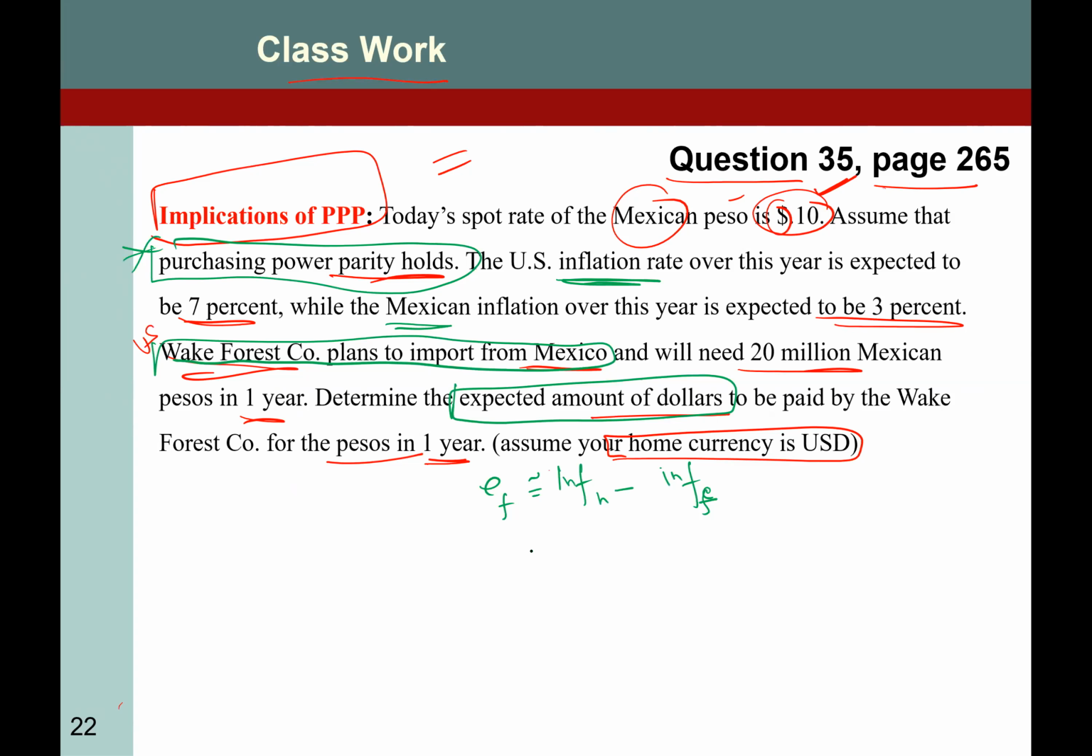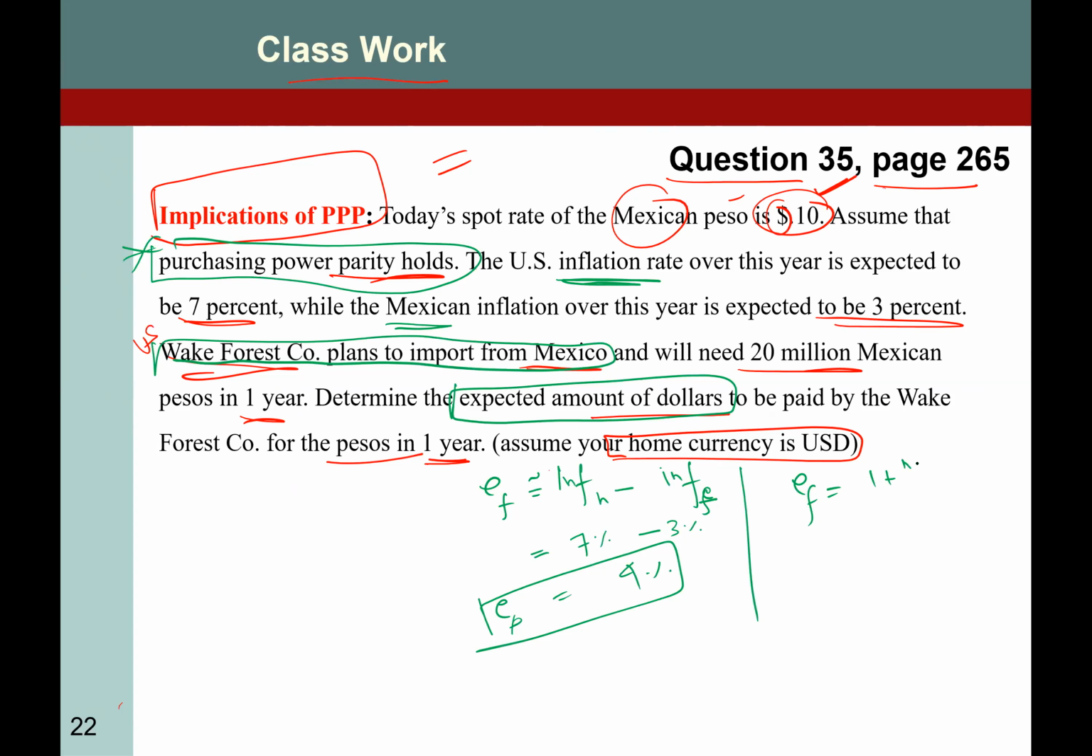So the foreign exchange rate would be... what is the home currency? Inflation, 7%. What is the foreign currency? 3%. So 4% foreign currency. What is the foreign currency here? Peso. Right? So can you calculate, or if you want to calculate, the exact formula is